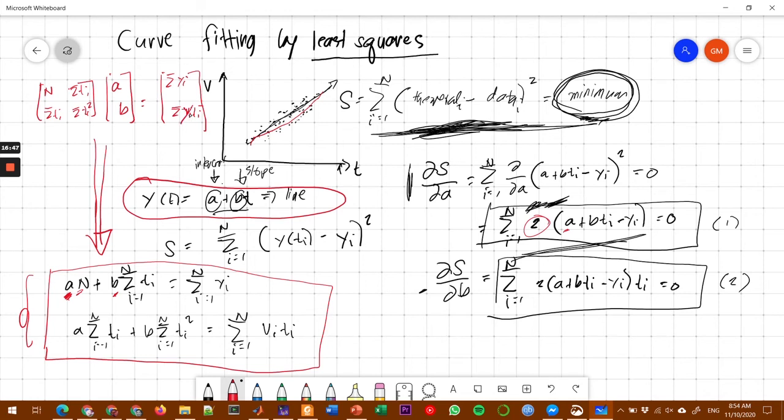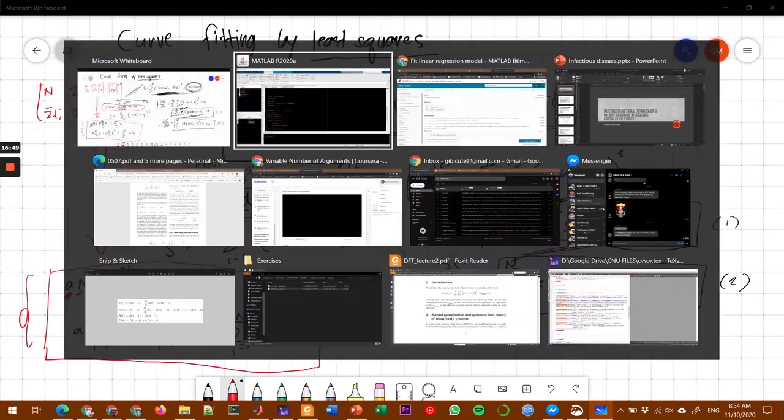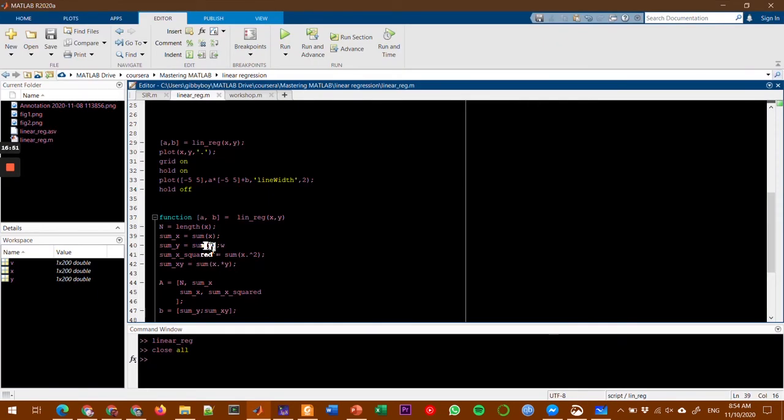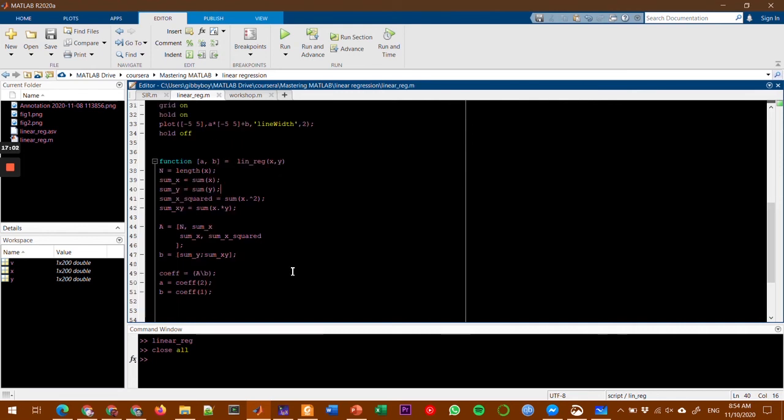I have the sum of y and x. Okay? Then the sum of y. Then the sum of x squared, then the sum of x and y. And then I establish, because in MATLAB the good thing is, it's easy to solve if you have